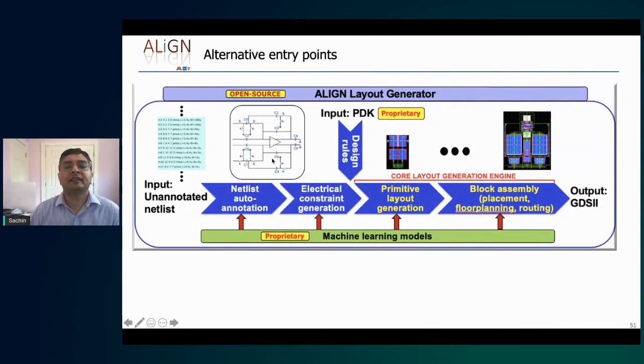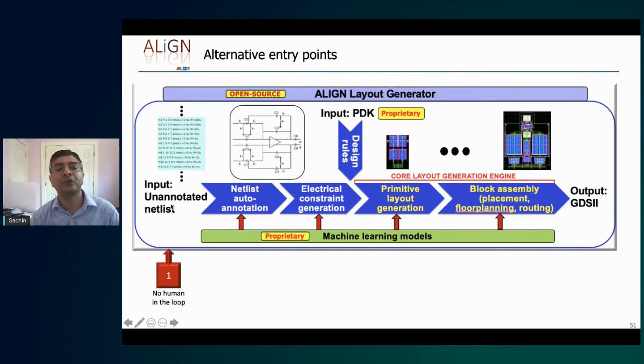The other thing that we've also done is our original goal was to allow a complete amateur to provide a netlist over here and then produce a GDS over here. But as we were working with Intel, it turned out that there was a requirement for other forms of using this engine too. So for example, an expert designer has things that they particularly want, and our annotation may not actually catch that. So the expert designer might want more control. And as you can imagine, at Intel, there are quite a lot of expert designers. So we modified the flow to have multiple entry points. Now, because all of these were built modularly, that was easy to do.